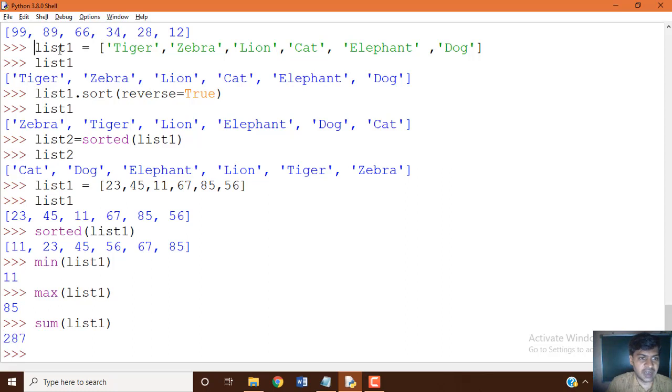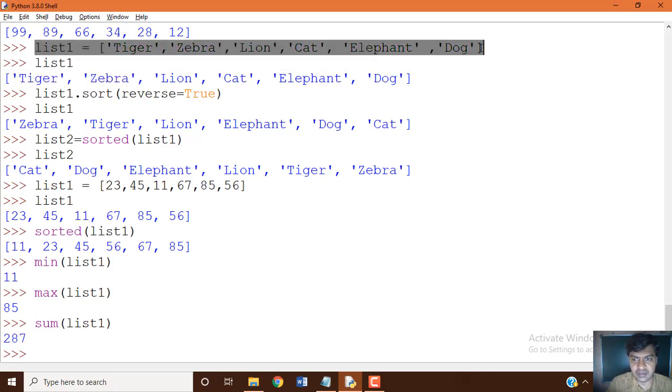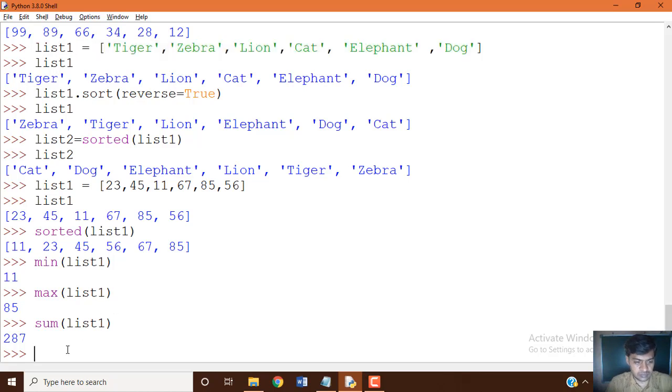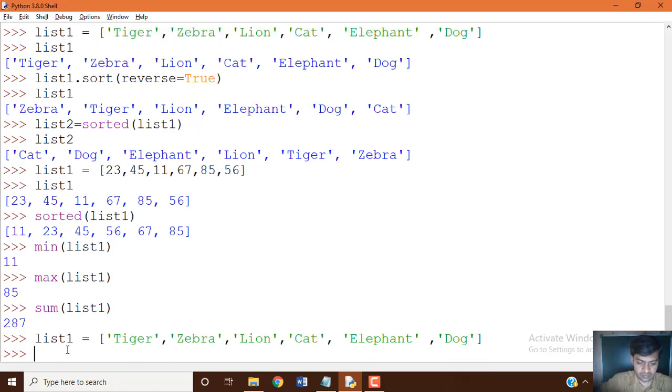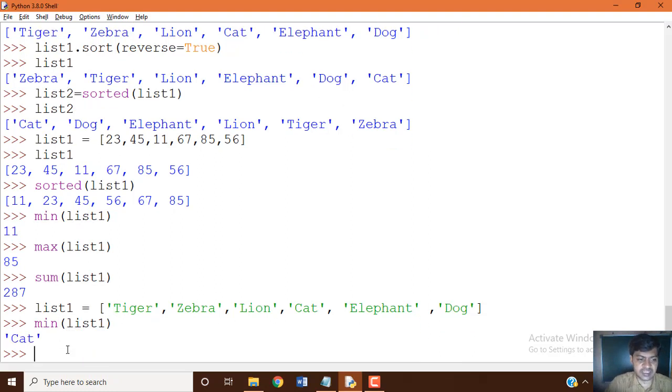Suppose you have string values, let's see what happens here. Will the minimum value be extracted for alphabets also or not, let's see. Yes, it is extracting alphabets also. Among these, C is the lowest alphabet.